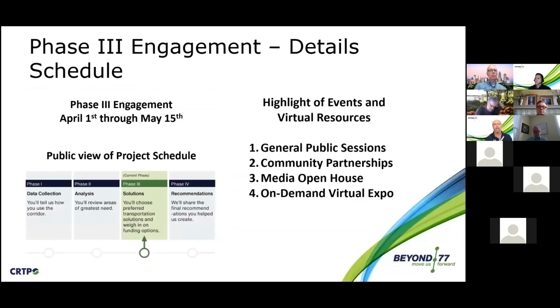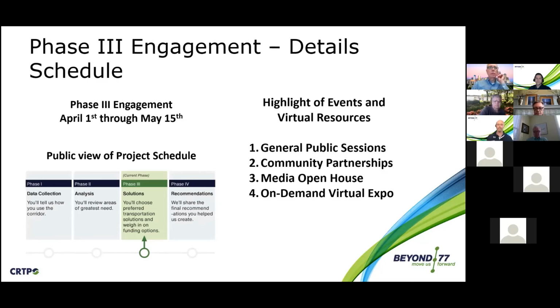Another feature is we have several actual events where we'll be actively engaging with people. What you see on the left of your screen is what the public sees and what they've acknowledged to be the project schedule throughout, because that's how they're involved. But from the project team standpoint, there's lots of things going on in between, which you certainly know about. But phase 3 is what we're moving into, and we're doing 4 critical things that we'll be engaging with folks